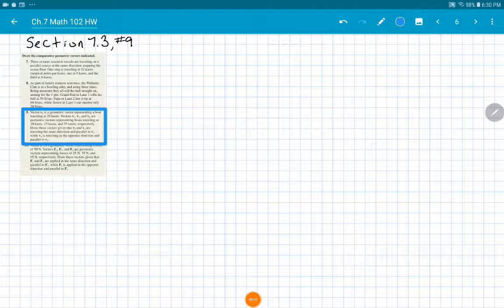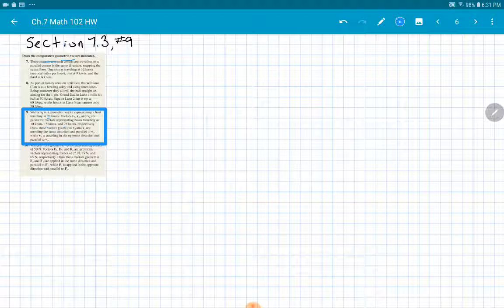All right, in this section 7.3, number 9, we're going to draw comparative geometric vectors. So we're just going to use our graph paper to scale one vector and the other vectors we draw in relation to that size. So vector 1 is a geometric vector representing a boat traveling at 20 knots. I'm just kind of looking ahead at the problem a little. I see that all my numbers are going to be in multiples of 5. So I'm going to make one little square